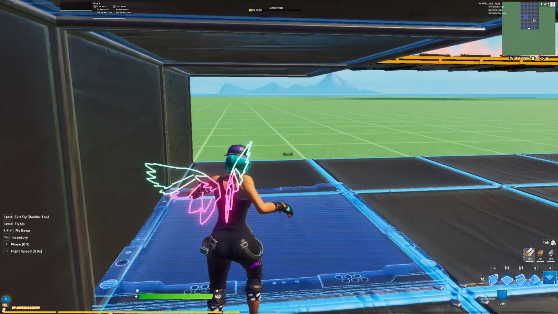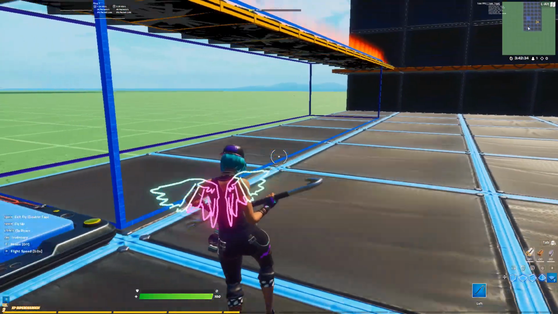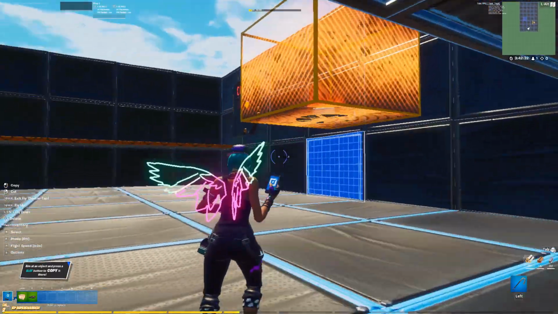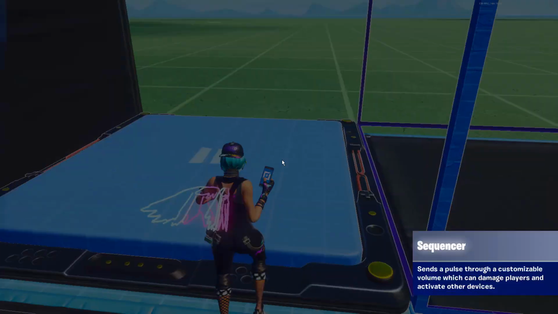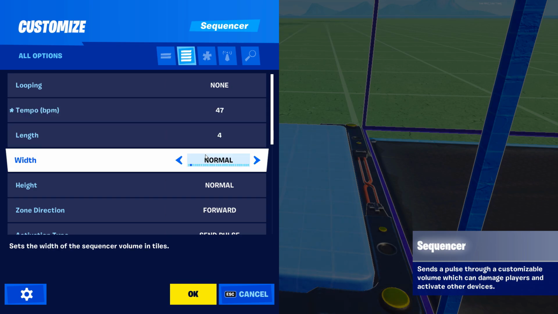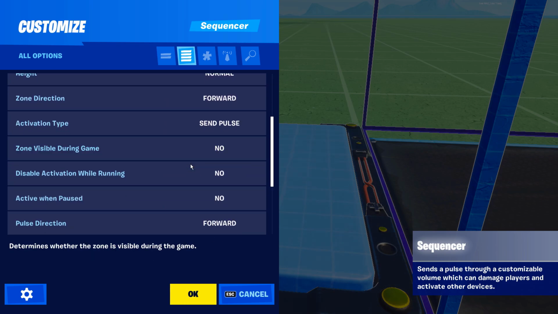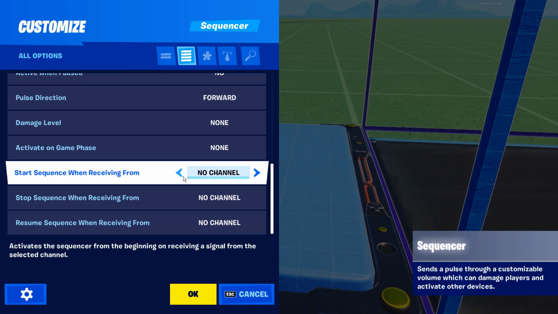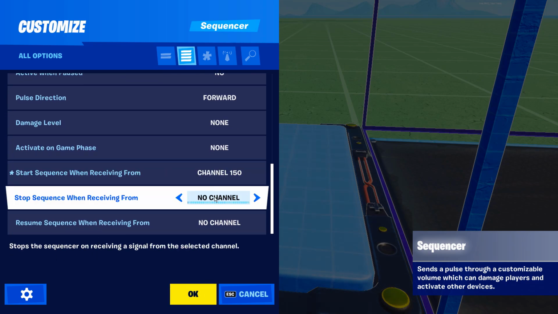So we're going to grab out a sequencer device and a trigger. Place down the sequencer and open up the settings. You can play with the tempo setting, but I recommend a range from anywhere from 30 to about 50. So anywhere in there to start with, and you can adjust accordingly. Then we're going to set start sequence when receiving from to channel 150 or any open channel that you have,